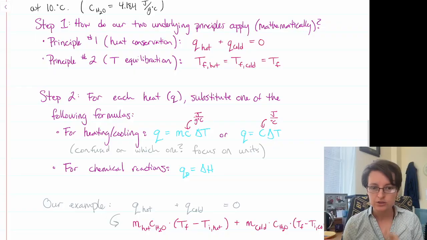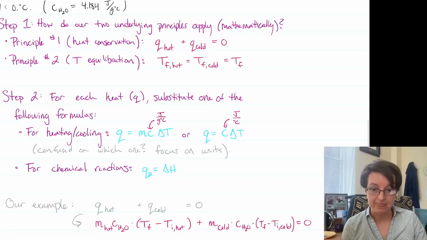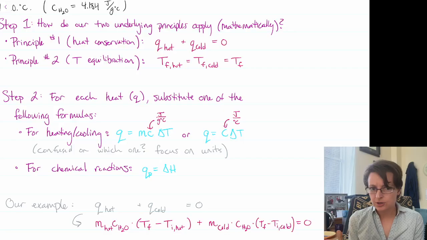We have two Q's that showed up in that equation that we came up with, and for each of those Q's, we want to substitute in an appropriate expression. For the hot water, I think it's undergoing a physical change. It's probably going to cool off, and the information I have about the water in terms of its heat capacity is its specific heat capacity. So I'm going to substitute in mc delta T,